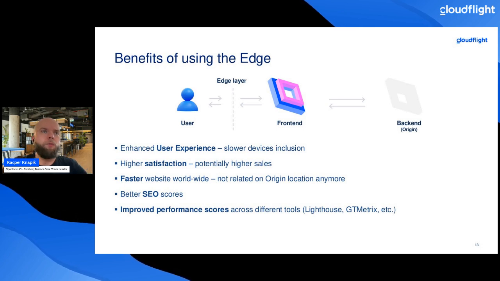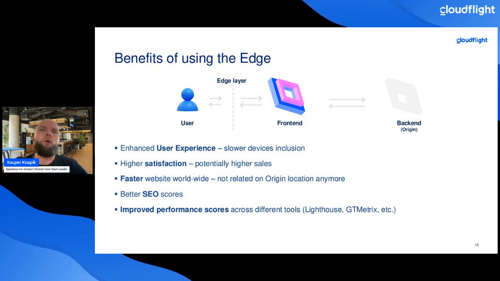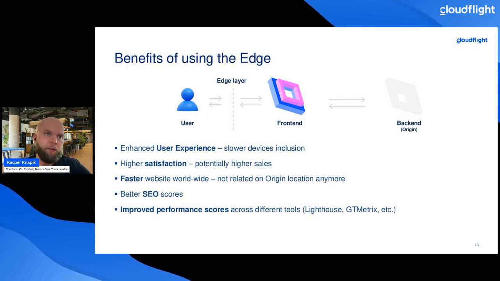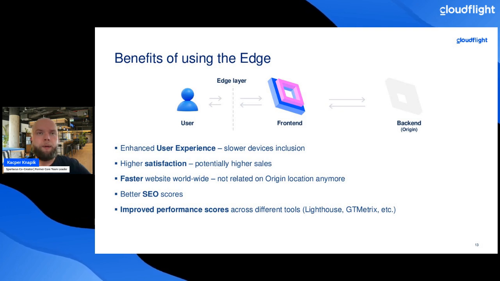So when it comes to the benefits of using the edge, I brought back the generic graph. Because of the edge, everything is faster, so we are enhancing the user experience directly and indirectly. The order of this list doesn't really matter, but the user experience for me is extremely important. What we do is include slower devices. We are improving the mobile device